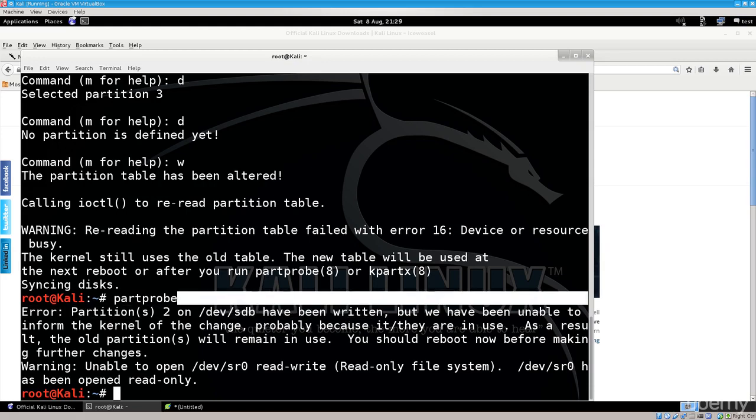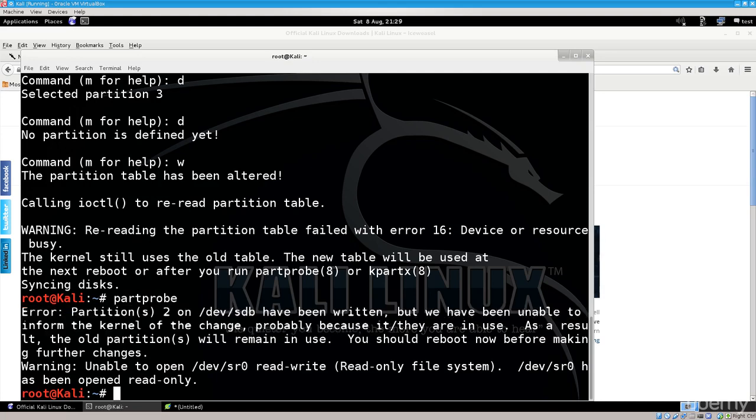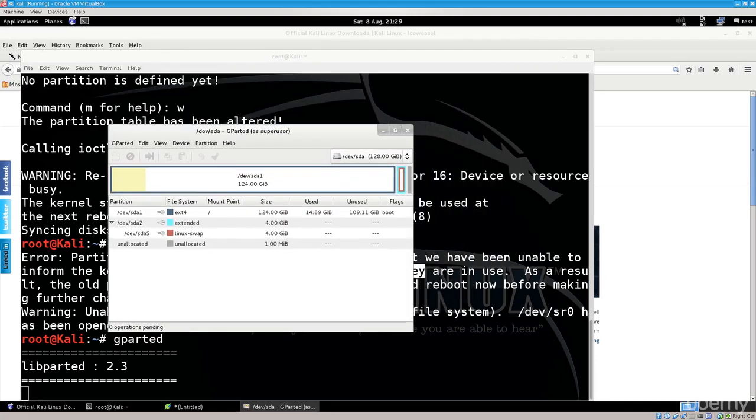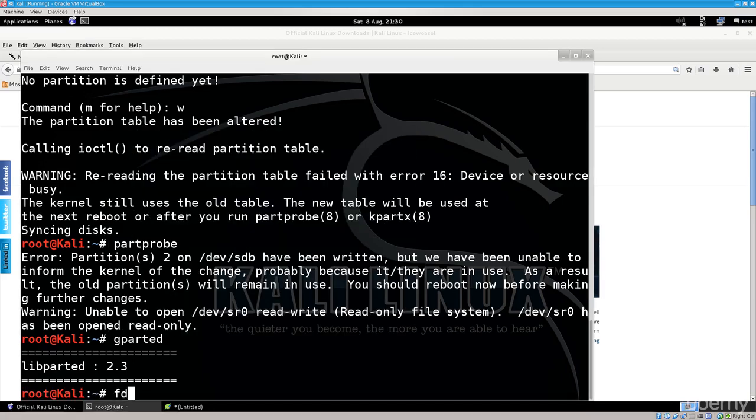Partition 3 on /dev/sdb has been written, but we were unable to inform the kernel of the change, probably because it is in use. Okay, so apparently it's in use. Never mind. Let's go ahead and then use gparted. These are also some of the problems that you will encounter, even though I have conducted test runs. That is why I actually have those partitions set up on the USB drive as they are. Excellent. So gparted actually sees that we have deleted pretty much everything there, which is very nice. And we're going to go ahead and close gparted because we don't need it, and type in